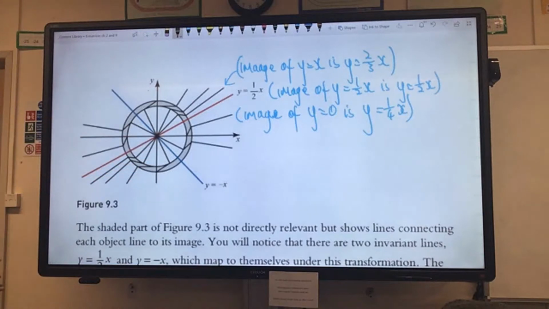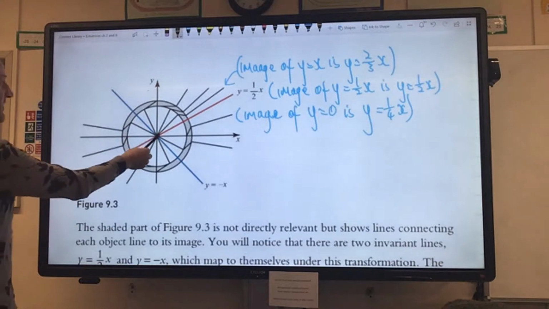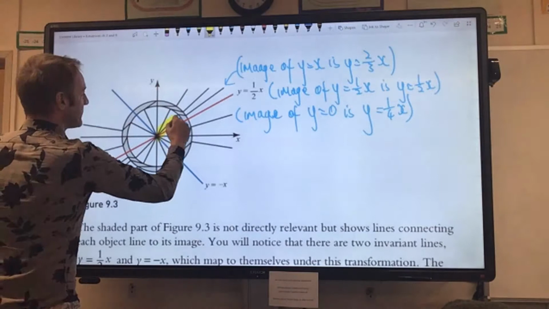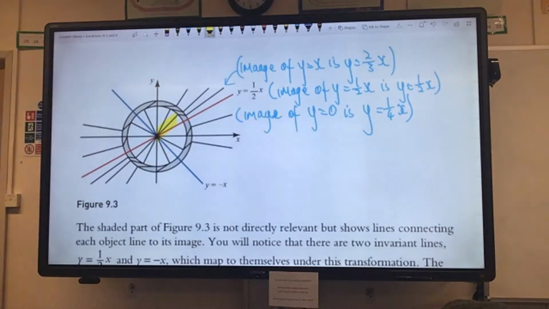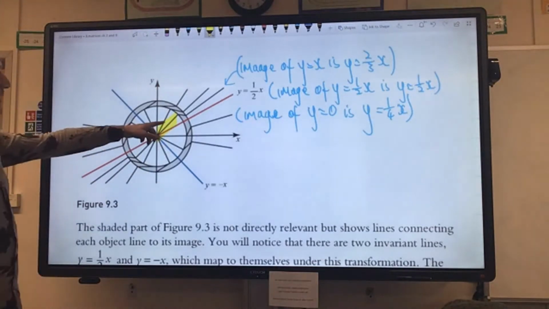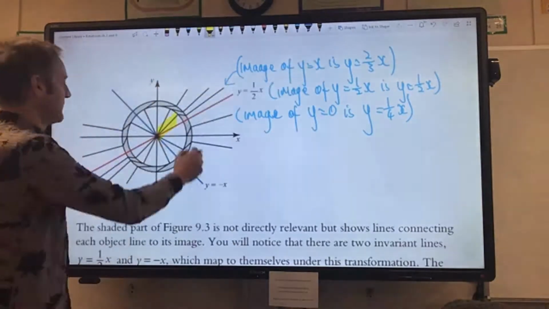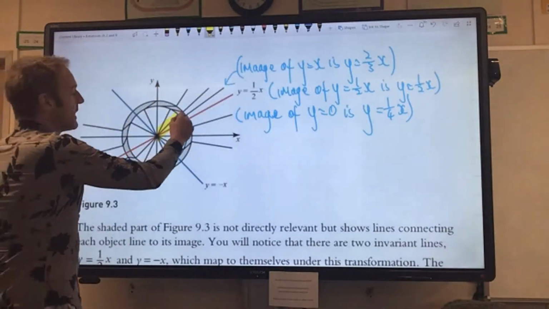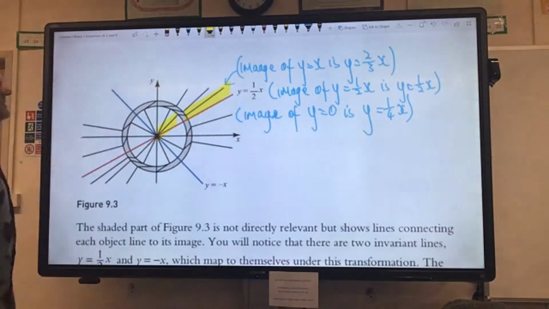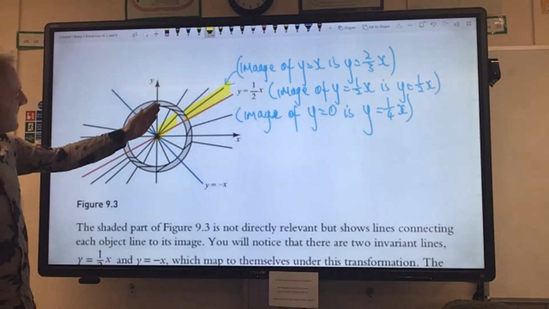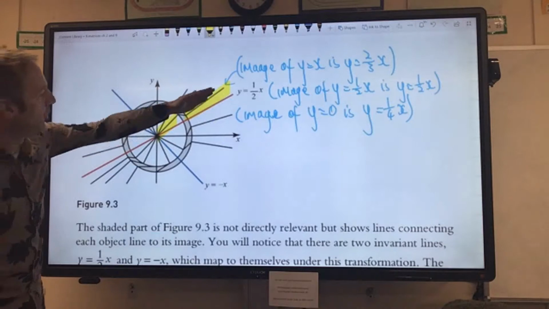So, for example, the ones we just did were y equals x. So here's the line, I'm going to highlight in yellow. That's the line y equals x. And we found just now, the one that Andy did, the image of that is y equals 2/3 x. So outside the circle, we draw y equals 2/3 x. And so we can kind of see what's happened to these lines, they're getting bent towards